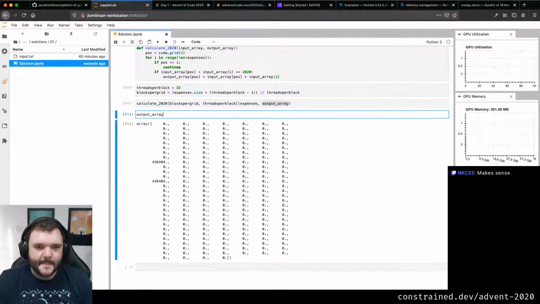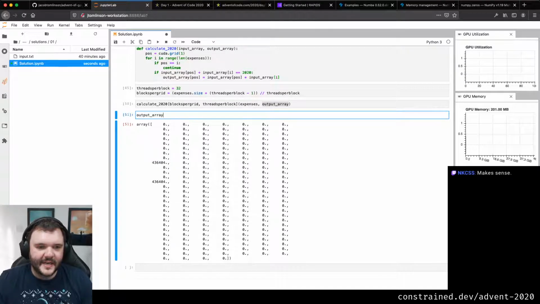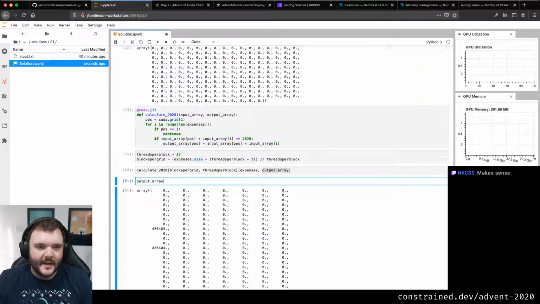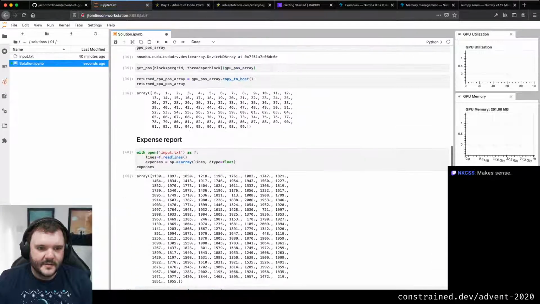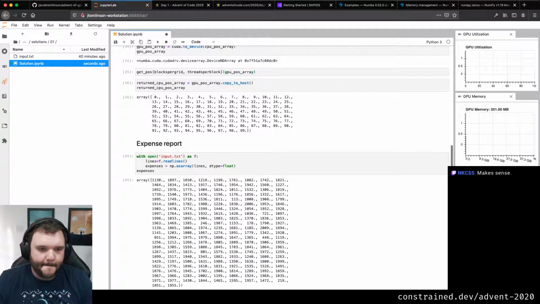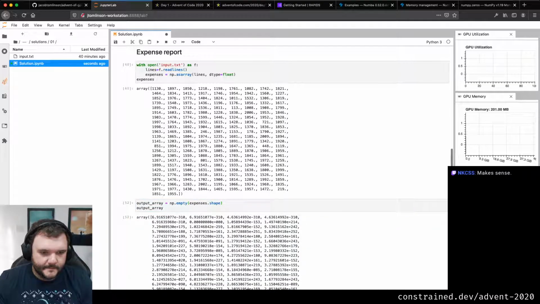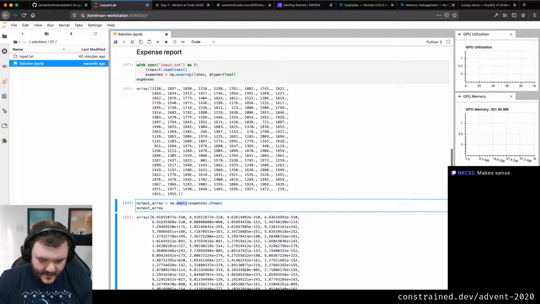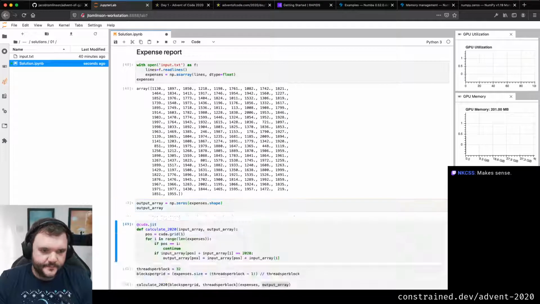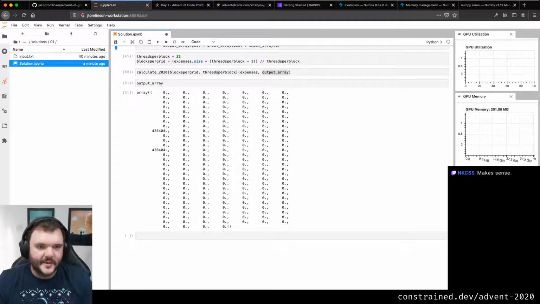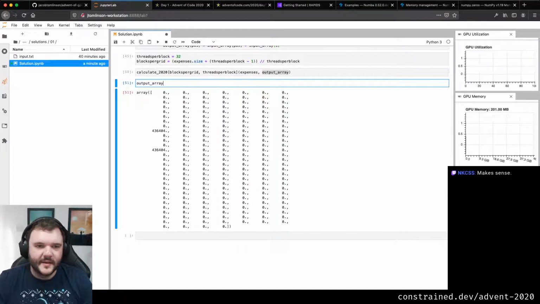I almost wonder if I should do it as an empty array instead of zeros. Can I do that? Empty. No, that was not what I was expecting. So I guess what I want is like that.